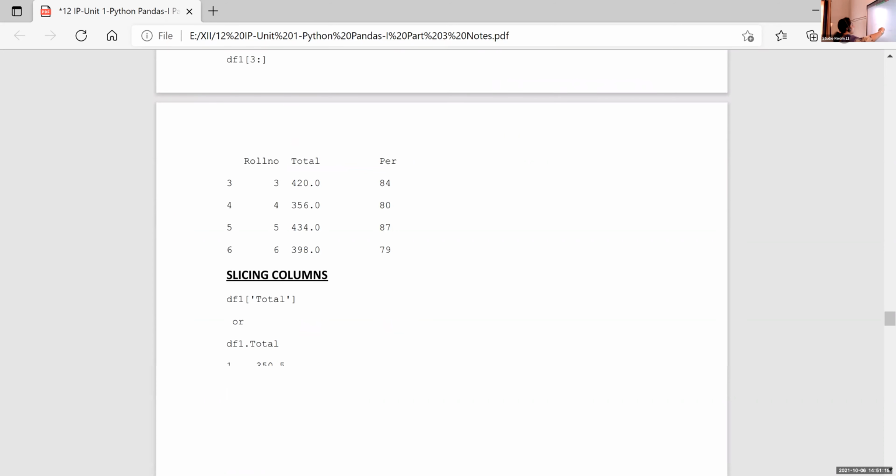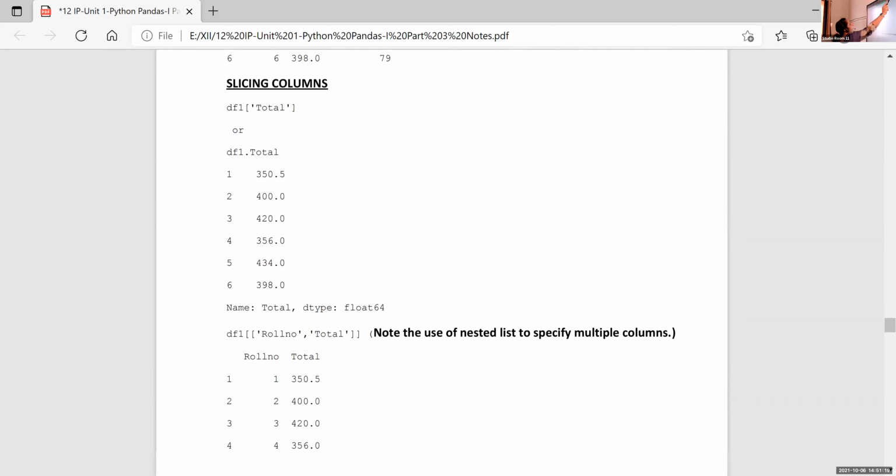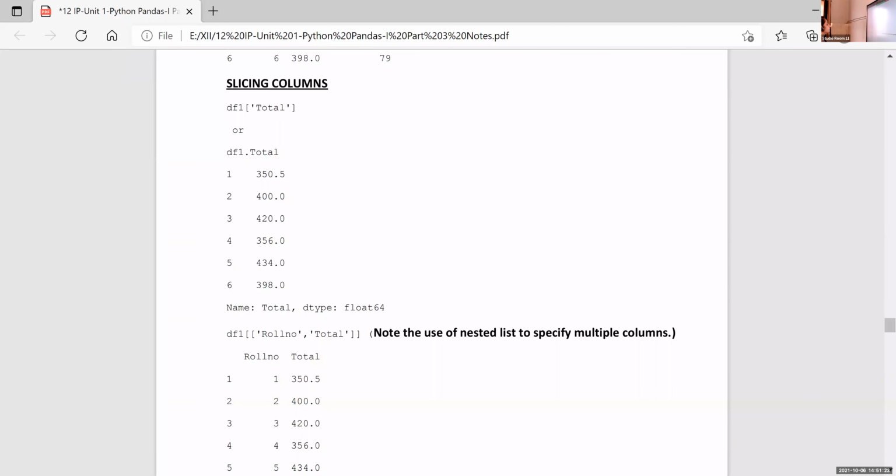Then slicing in column. For slicing in column, we can give df within brackets and write the column heading. If you want to use multiple columns, use them within a list.